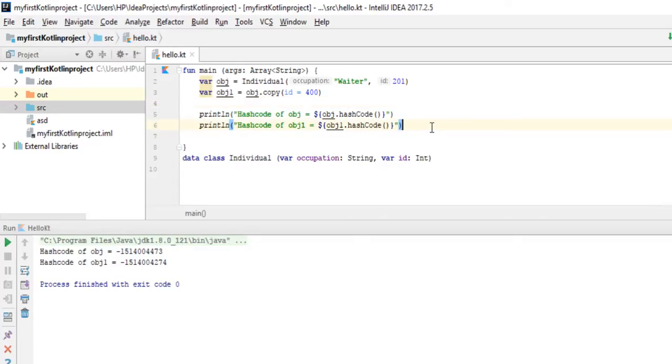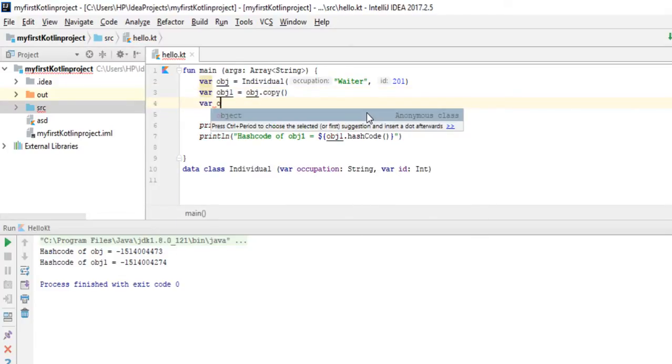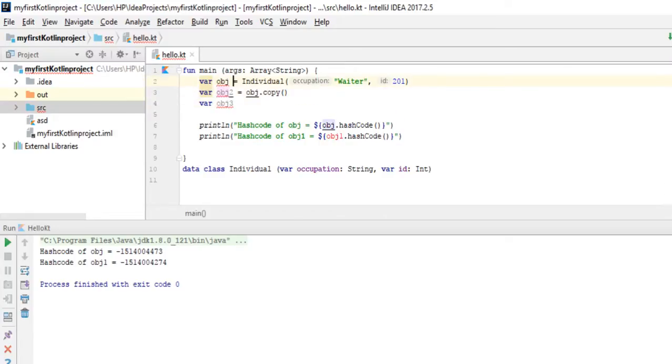So this is how you can get the hash code, and you can print the hash code on the output stream. Now I'm going to use the equals function, which will decide if the hash code of these objects is same or not. So I'm going to create another object, which is object 3. So here it is object 2 and it is object 1.